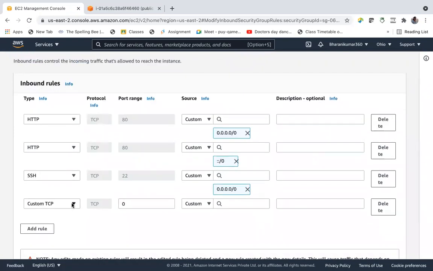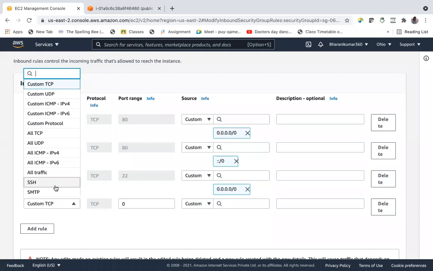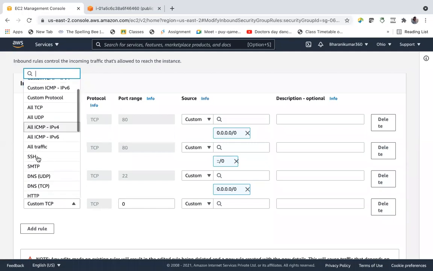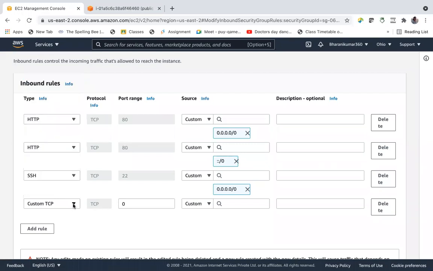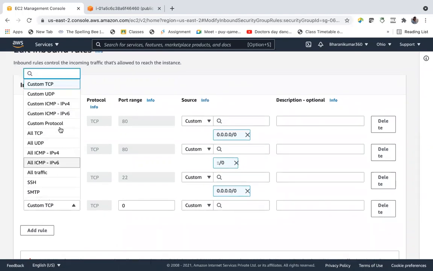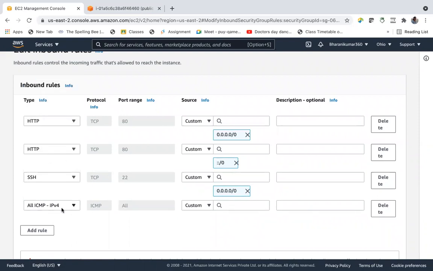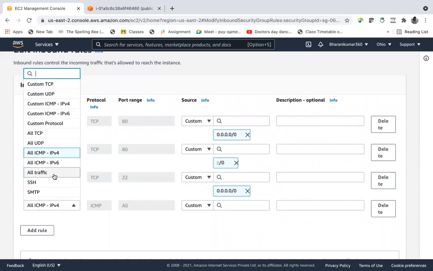Now, let's say a custom TCP rule through port number 80, or all traffic, all ICMP traffic. Let's say all ICMP traffic.